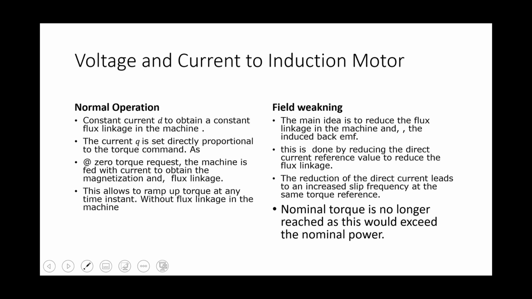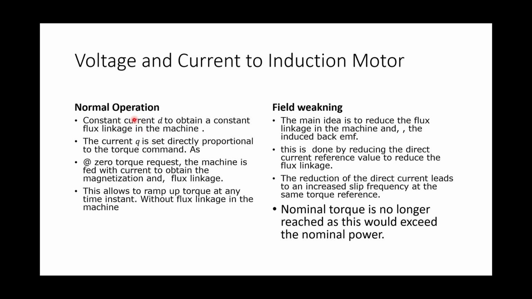So now we are seeing the operating point, and we see the current and voltage of induction machines, how they behave in different operating points, like normal operation or field weakening. Normal operation is defined up to 50 hertz or 60 hertz, after which the motor will not be able to produce the maximum torque. And field weakening is the same, after 50 or 60 hertz it will not produce the maximum torque. Let me give you a brief about this.